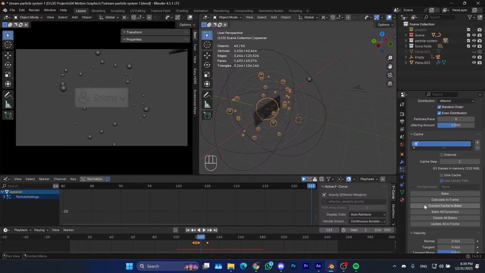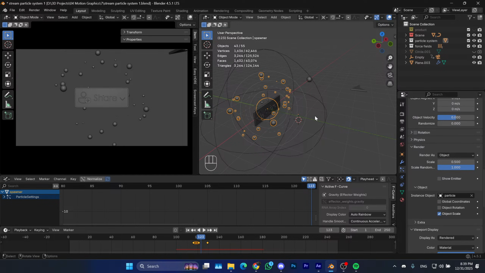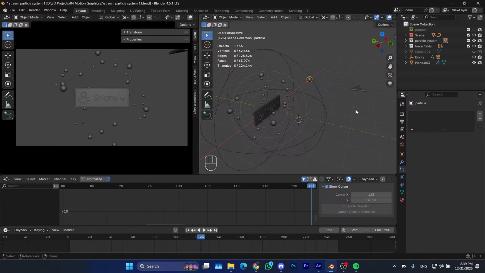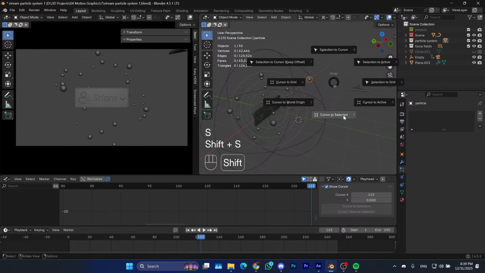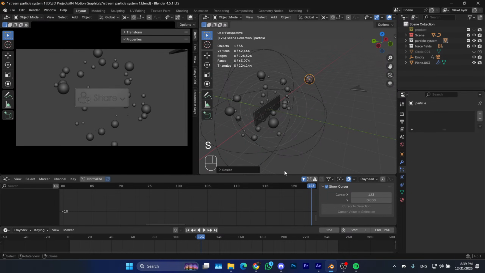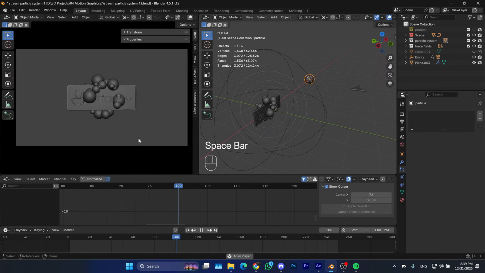So let's just scale them up a bit. Or we can just scale the one outside to make them big. And we can just even lower the